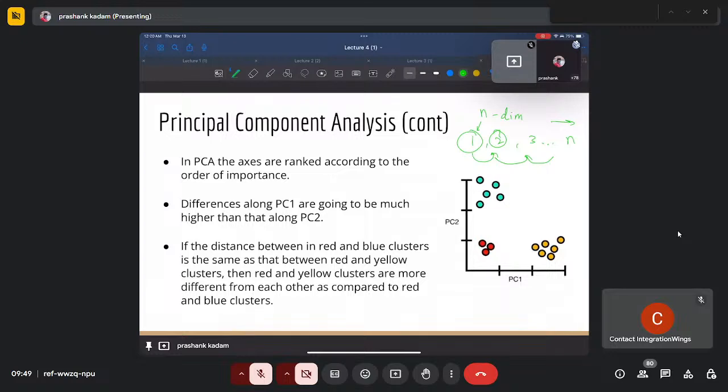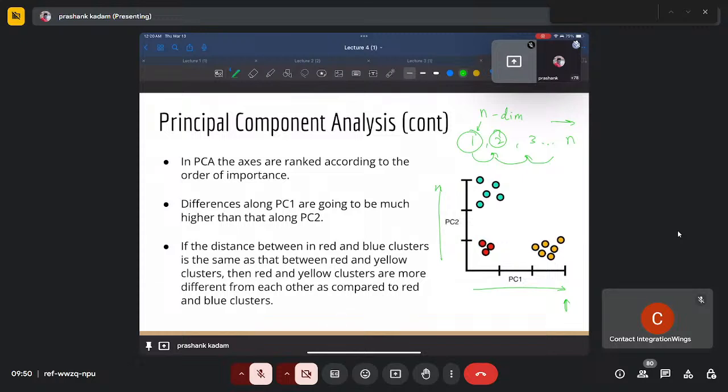Then you will understand what I mean by variability between all these components. But okay, what I mean is, let me give you a rough overview. When I say that principal component one explains your data much better than principal component two, or explains more variance than principal component two,